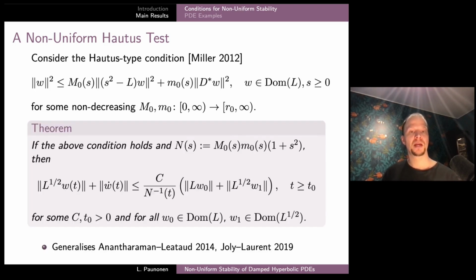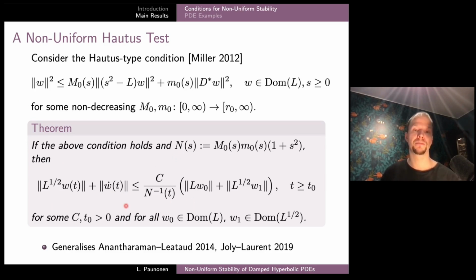And our main result on this particular condition is that if L and D are such that this condition holds, then our equation is indeed non-uniformly stable, and we in addition get an explicit rate of convergence for the solutions